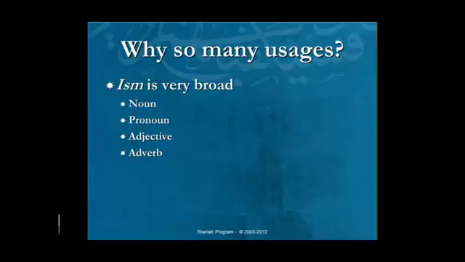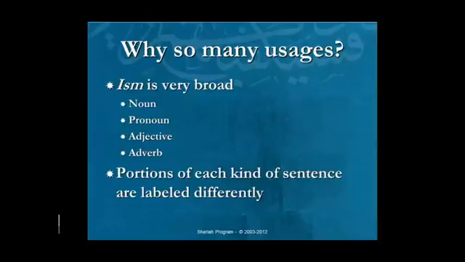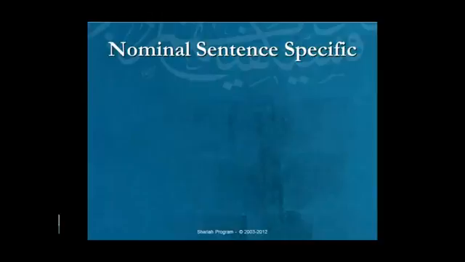And let's continue with this. Another reason why we have so many usages is because the grammarians have classified the sentence into 2 categories, and they've chosen to come up with different terminology. So the minute our terminology increases, our number of usages increases. Okay, so they're labeled differently. So this also contributes to the number being very large. So we still don't know why it's 22, but we have some idea of why the number is large. You see, remember the onions and peeling the layers of the onions.